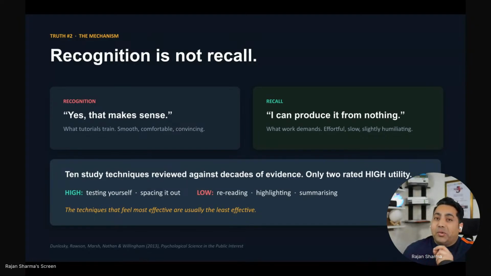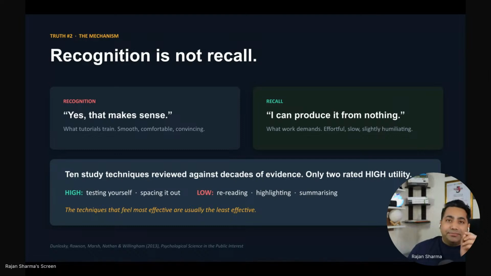Those three things we're doing from school, we passed our exams based on that. According to the evidence, almost everything we have done here is the least effective, because now how much do you remember that you have done, like you spend years to learn something, and in some time you have no idea how you did it. And let's go back to the watching tutorial we were discussing. Sorry, I've been distracted.